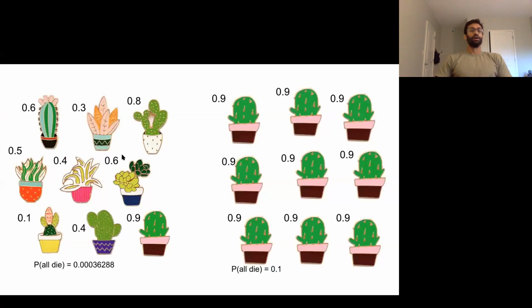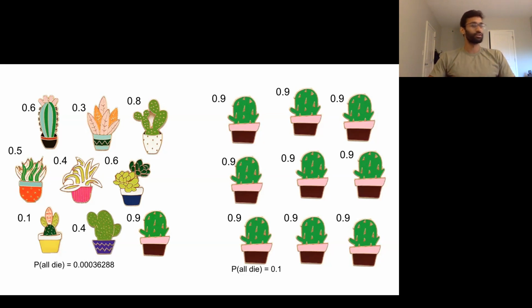Okay, great. So what is the concern of monoculture? In this picture, I have two separate worlds shown. On the left side, you have a world where everybody grows a different crop. And on the right side, you have a world where everybody grows the same crop. I've annotated each of these crops with its own success probability. So what's the probability that it'll make it through the season? On the right-hand side, I've chosen the best crop for my monocultural world. One of these crops has a 0.9 success probability, and I've decided, well, that sounds like a pretty good success probability. I'm going to just plant that single plant everywhere.